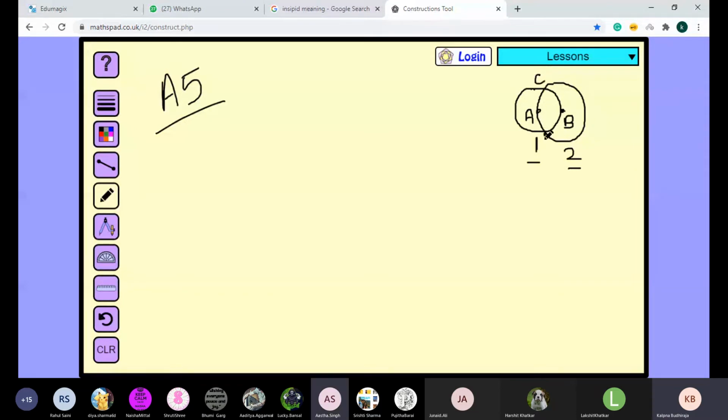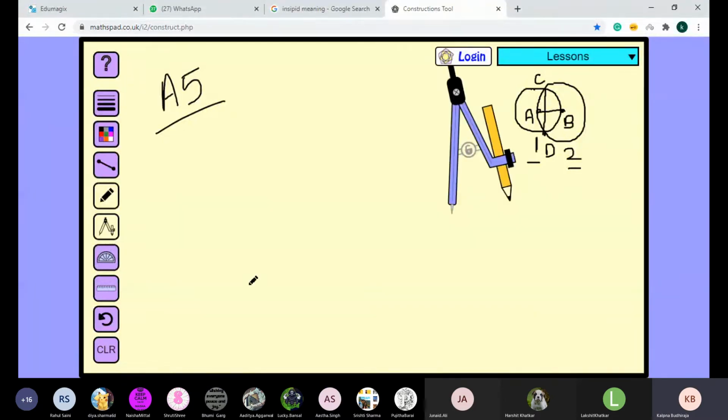All these points are given to us in the question and you have to strictly use them. Now we have to join CD. What is the last step after this? We will join CD and join AB. So this is the key concept of this answer 5. Any doubt in the steps of construction? No, ma'am.